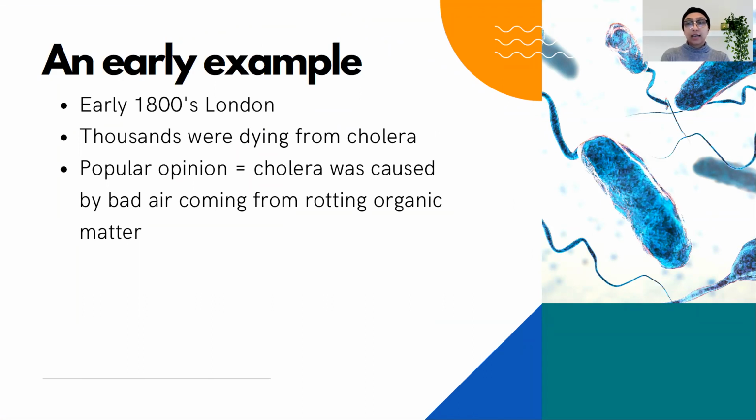So at this time, if you had any waste, be it food waste, animal waste, or human waste, you just threw it out the window into the gutter. Anything that wasn't in your house was now in the world. So London did not smell very good, or so I'm told. I was not there, but